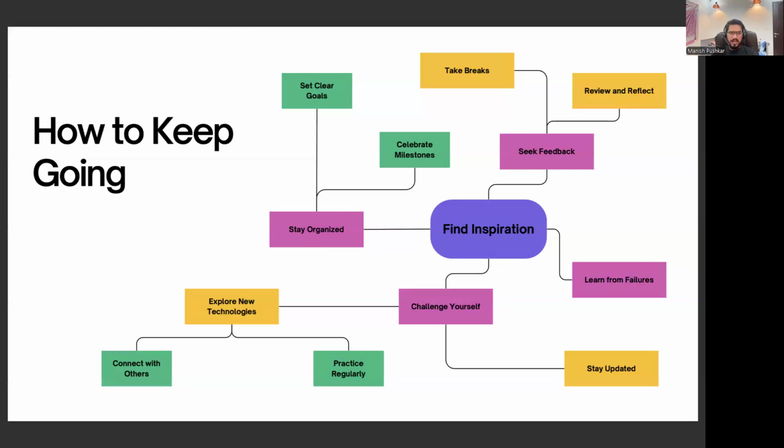ठीक है, ट्राई टू स्टे ऑर्गेनाइज्ड. जो भी अपने काम करते हो, प्रोबेबली योर डेस्क हो गया या फिर तुम्हारा लैपटॉप हो गया, वॉट एवर इट इज, ट्राई टू कीप इट क्लीन एंड सिंपल, कि बहुत ज्यादा डिस्ट्रैक्शंस ना हो रहा हो. ठीक है, टेक स्मॉल ब्रेक्स.